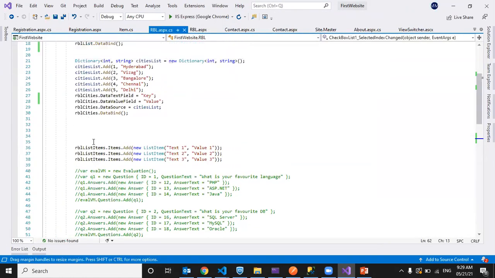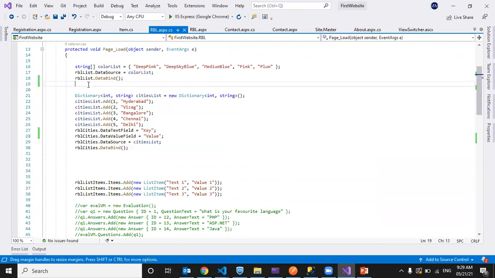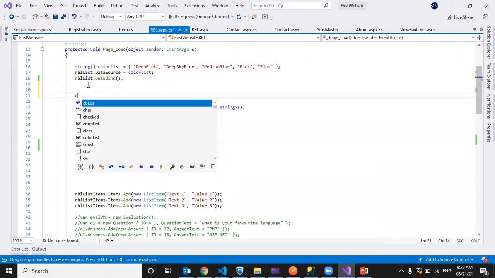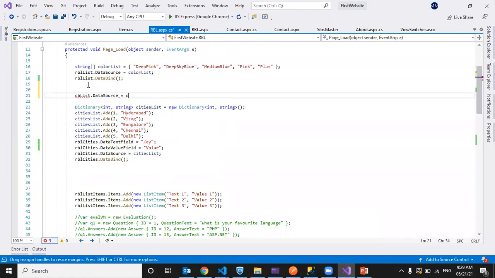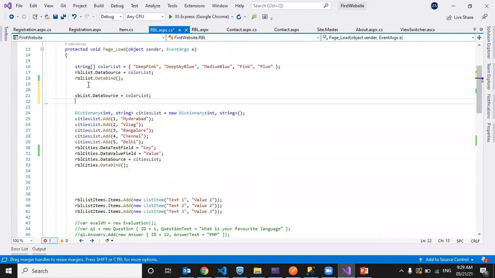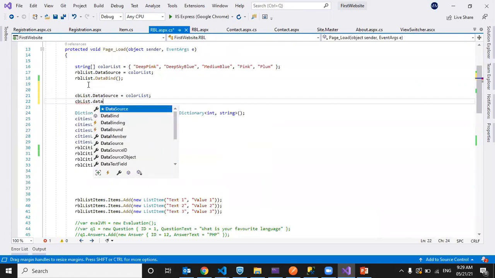To set that, I'll use the same approach. CB list dot data source equal to color list. Okay, so CB list dot data bind.